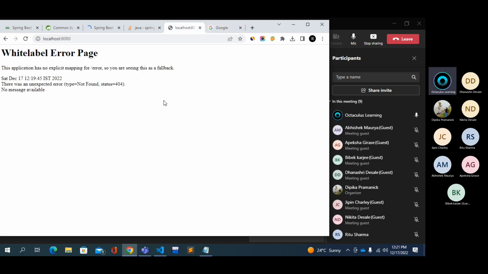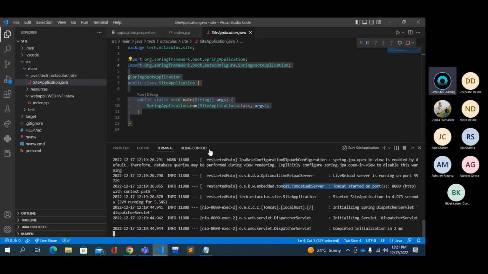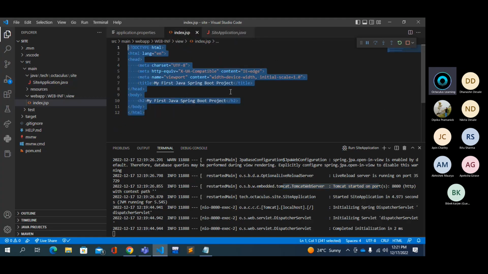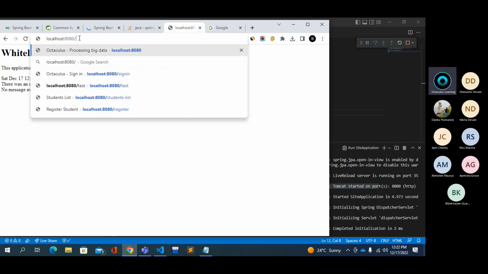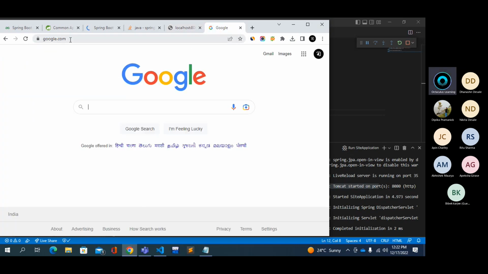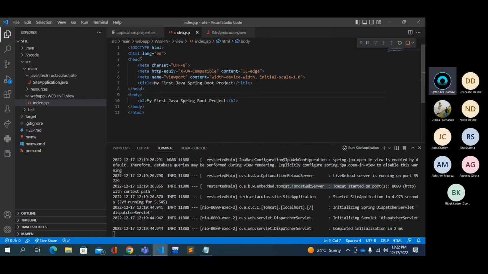Okay, so I want this index.jsp page as a response when someone requests abc.com or anything, like this URL. For this URL, like slash. Okay, you can write google.com or google.com/, both are same. So for this slash request, I want this index.jsp page. So what you have to do? You have to map every request